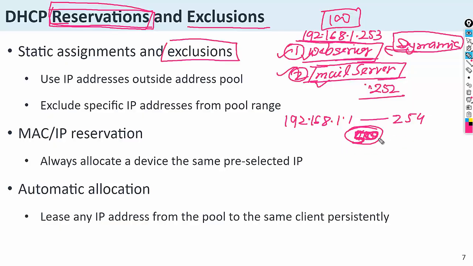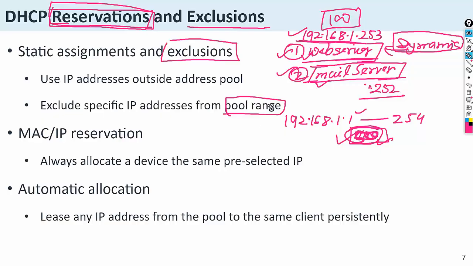You can exclude those IP addresses. When you exclude them, these IP addresses will not be provided to any client. So reserved IP addresses will not be provided to clients and excluded IP addresses will not be provided to clients, and other IPs will be provided from the pool range.